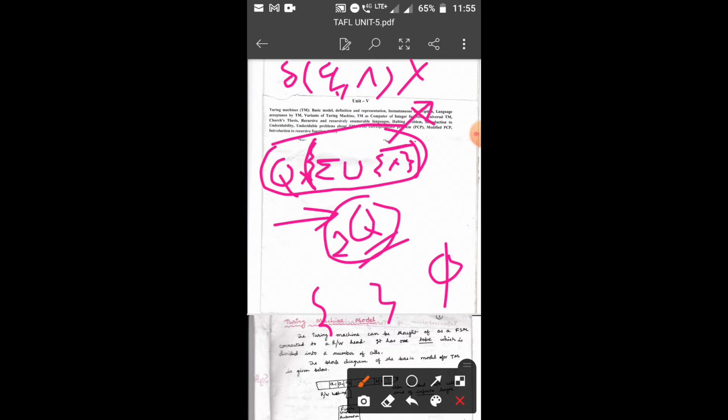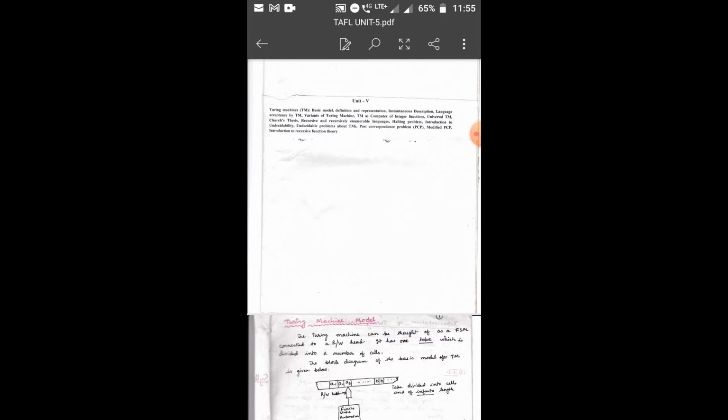This is a special transition. When we convert a given NDFA into DFA, first of all we have to remove all null transitions, and then proceed for further processing.